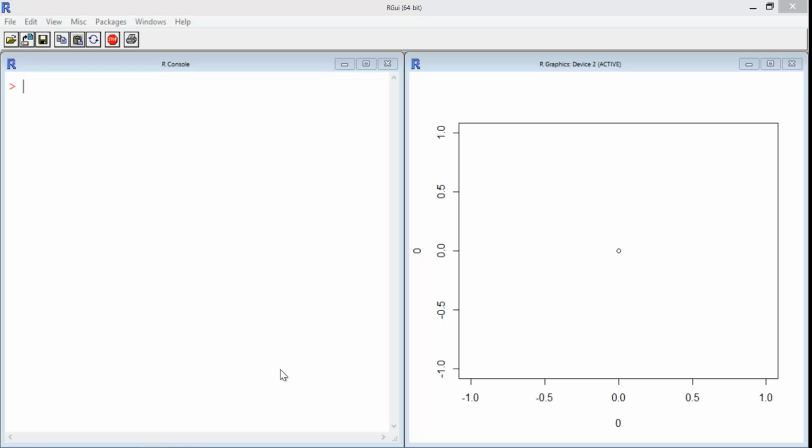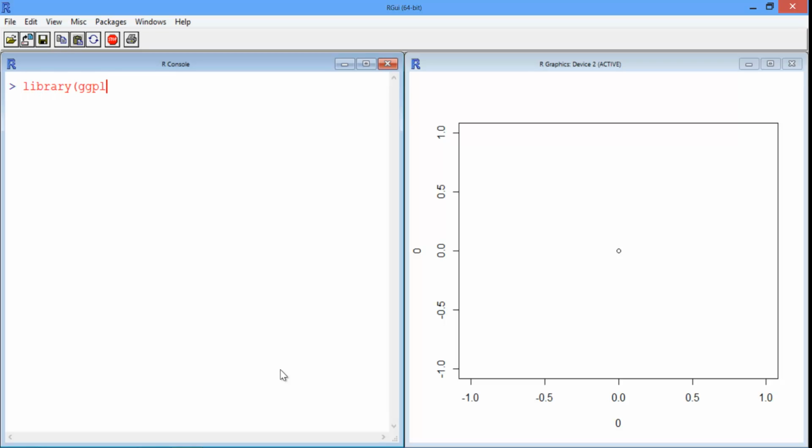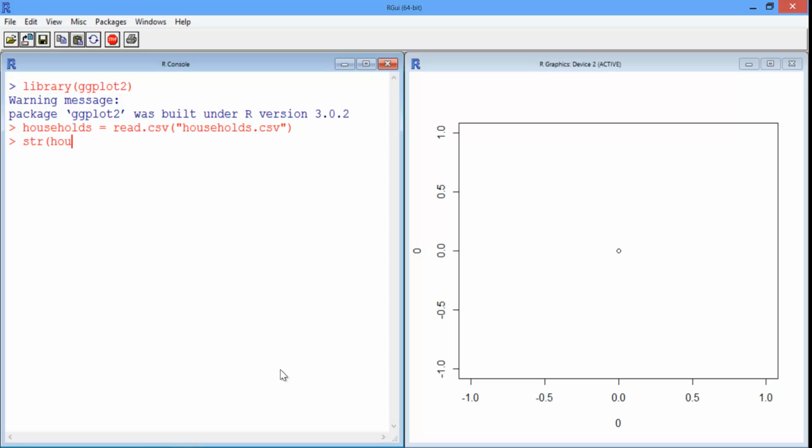First, let's make sure we have ggplot2 loaded. So library(ggplot2). Okay, now let's load our data frame, which is in households.csv. So read.csv("households.csv"). Okay, if we look at the structure of households,